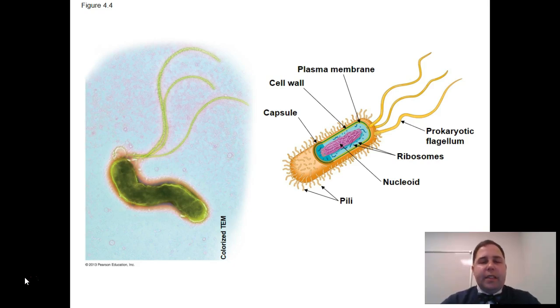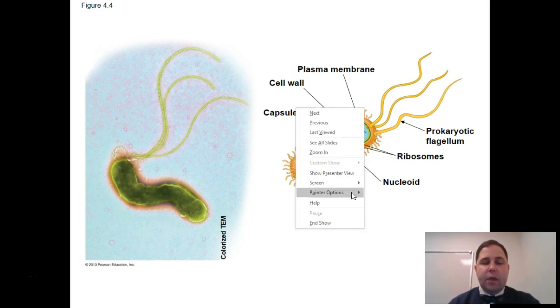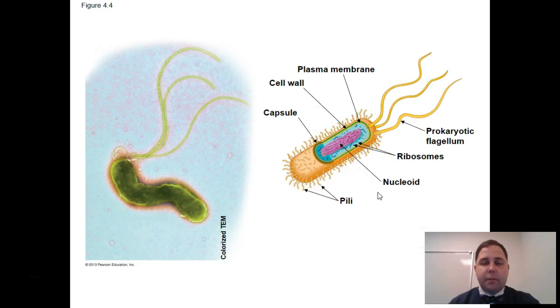So let's look at some of these different kinds of cells. This, I hope you recognize, is a prokaryotic cell, and you can tell because it's very simple, and in fact it does not have a nucleus. So the key things I want you to look for in a prokaryotic cell are that all cells, prokaryotic and eukaryotic, are going to have a cell membrane or a plasma membrane. That's going to be something that surrounds the cell.